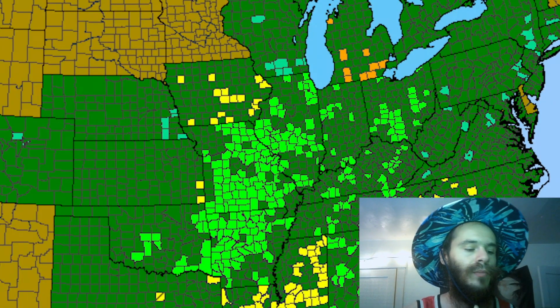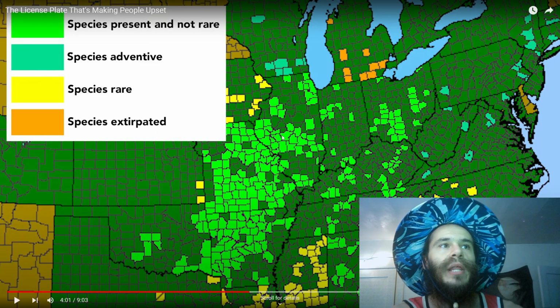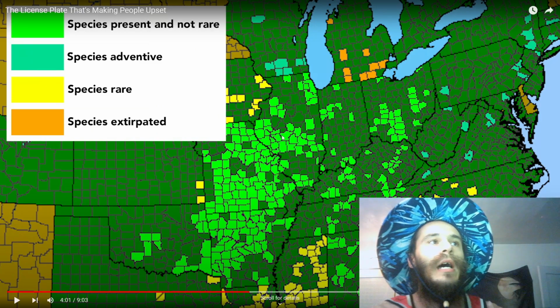Okay, so BONAP does not consider purple coneflower to be native to Pennsylvania, but the plant is native to counties pretty close to Pennsylvania. According to BONAP,